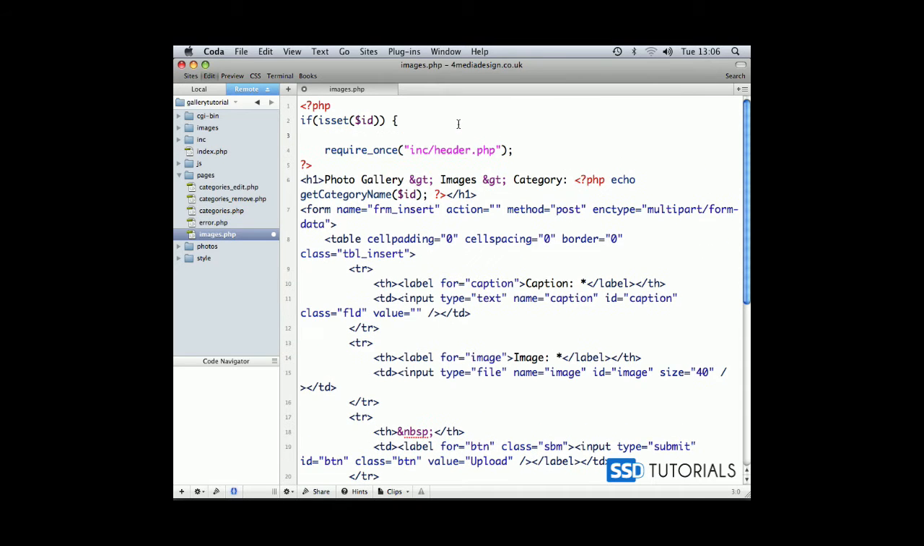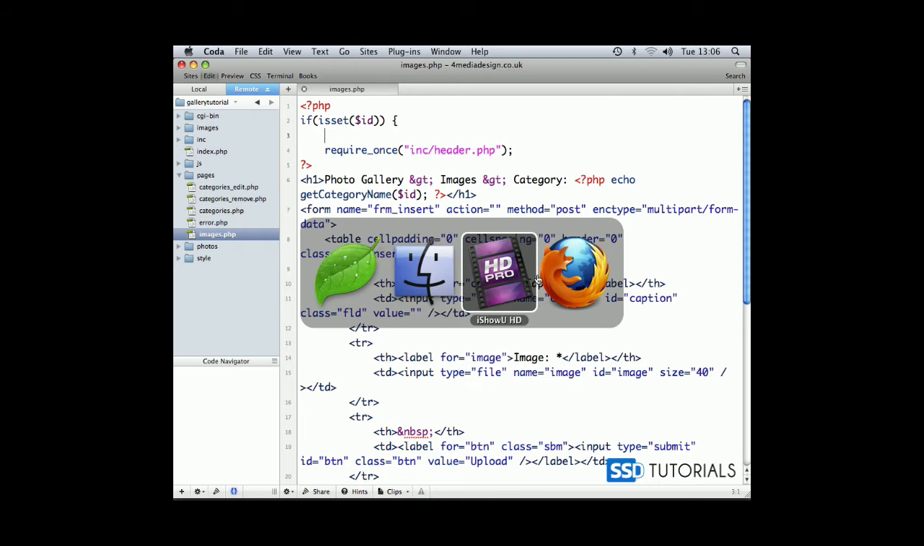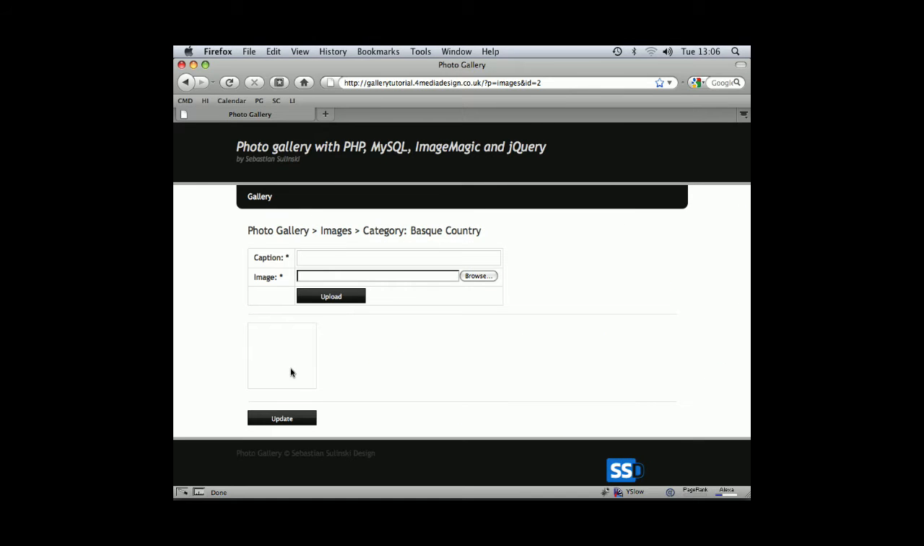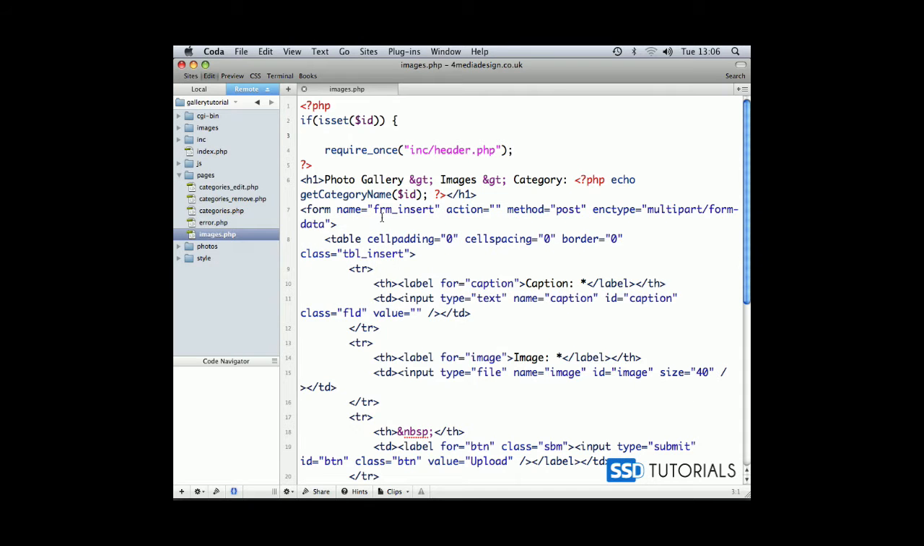Now that we know the ID has been passed, what we're going to do first is actually work on the displaying of the images rather than uploading them, so that when we get to the point of uploading them, we will be able to see them straight away underneath. So if we go back to our text editor